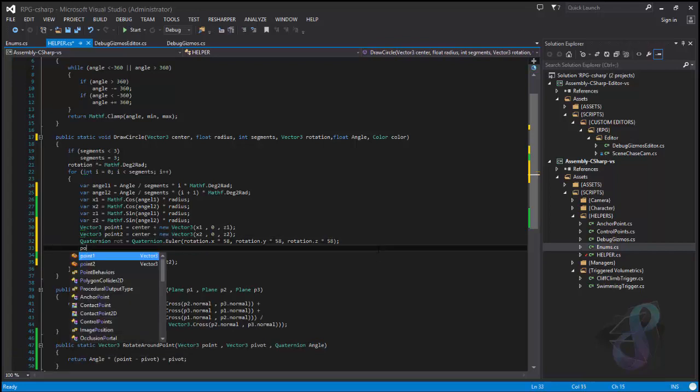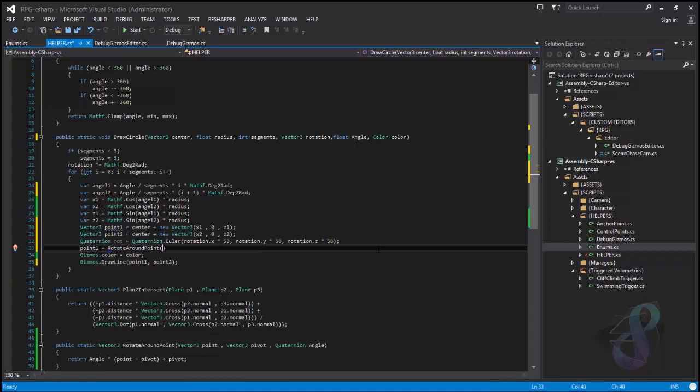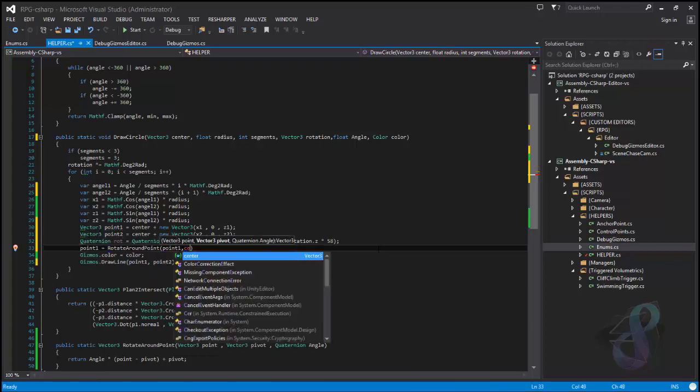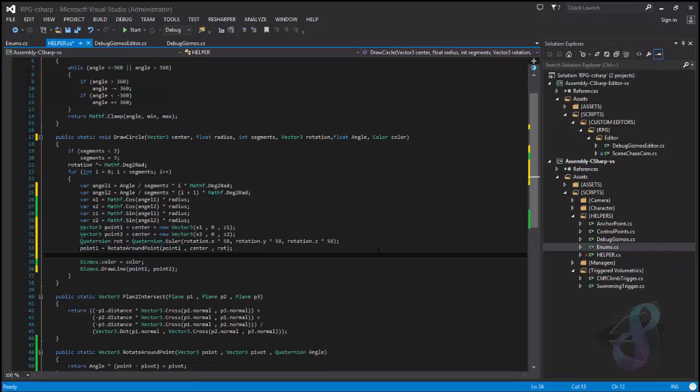So we say point1 equals RotateAroundPoint of point1 and around center with the rotation we calculated. Same thing happens for point2, and this is point2. Okay, and we got our circle now,